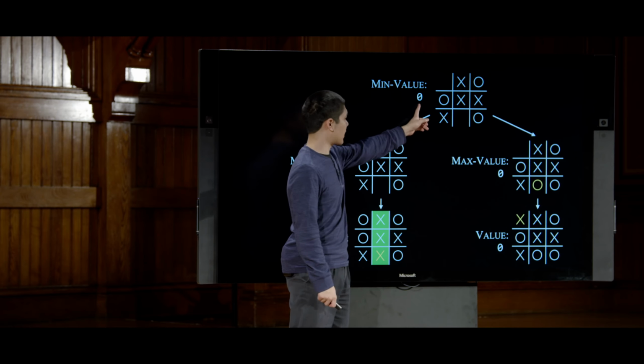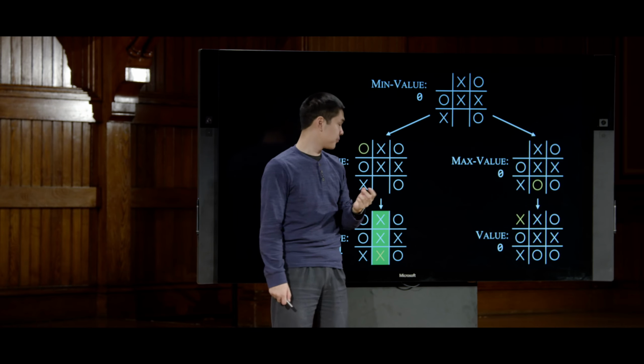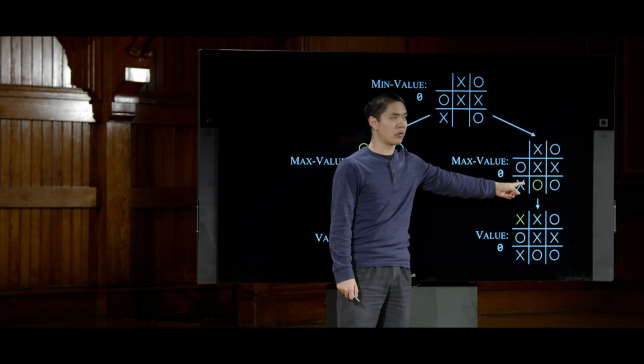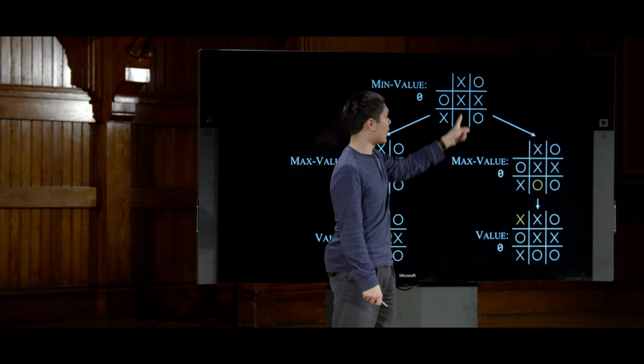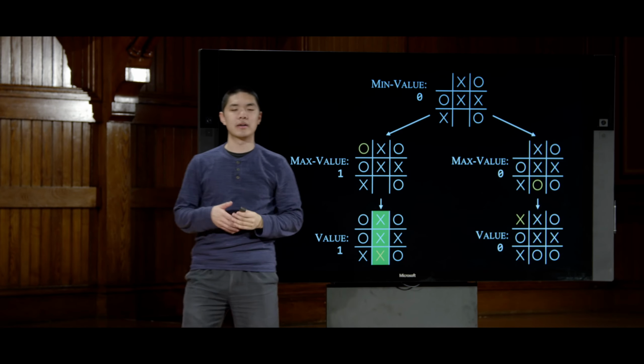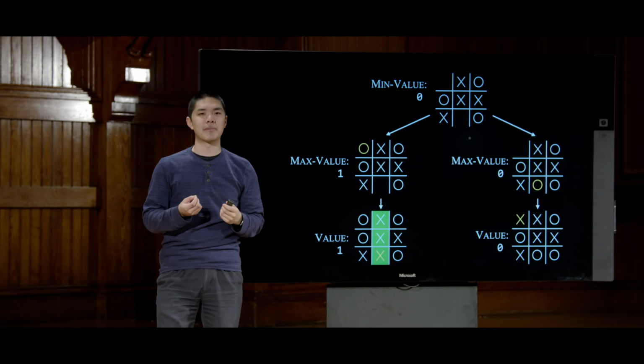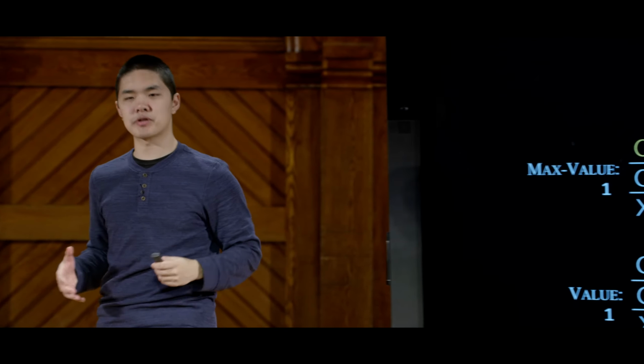And so this game board, we'll say, also has a value of 0, because if I am playing optimally, I will pick this fork in the road. I'll place my O here to block X's 3 in a row. X will move in the upper left, and the game will be over, and no one will have won the game. So this is now the logic of Minimax, to consider all of the possible options that I can take,